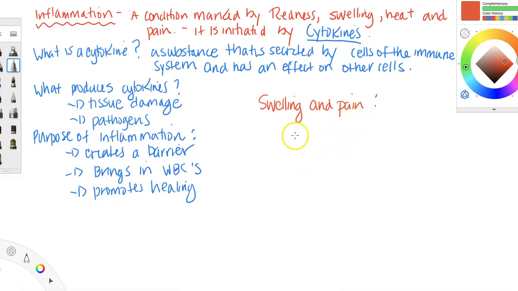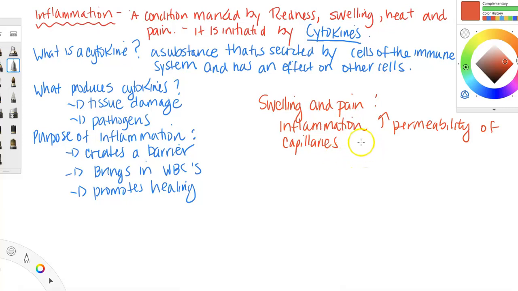Well, inflammation increases the permeability of capillaries in the area, so in the tissues. And that will cause swelling and pain, because if you have your little capillary here,